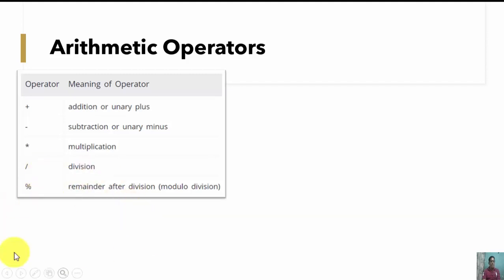The difference between the regular division sign and the modulus sign is that when we perform division with the divide sign, the result is a quotient value, whereas when we use the modulus sign, the result is a remainder value.